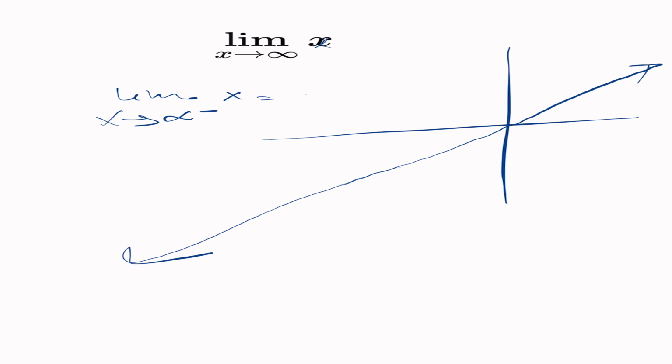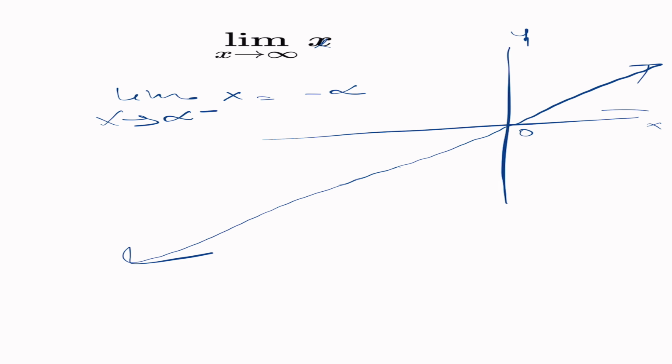Now, what happens when x goes to infinity of x? If you do the graph, since x is 0, y is 0, it's going to be something like this. So limit x approaching negative infinity of x, you see why we get negative infinity, because the graph goes this way. But when x is approaching positive infinity, that's when x is approaching from here